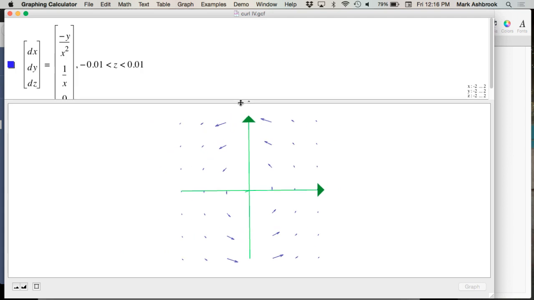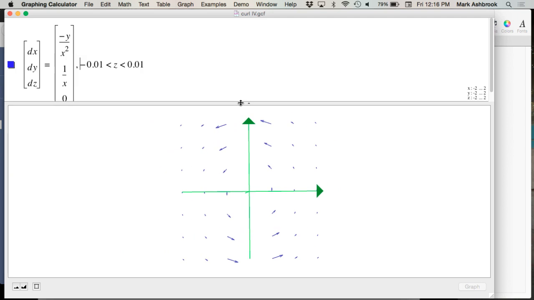Here's the vector field. The vector field is negative y over x squared. And I actually have it as an R3, so we can practice. So negative y, x to the minus 2, x to the minus 1, and 0. So I'm going to practice computing the curl using the algorithm. We're going to do the determinant of